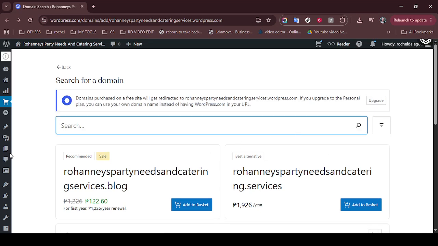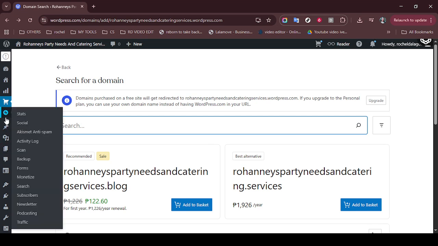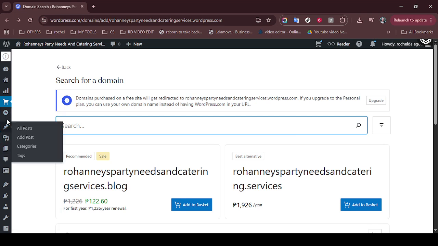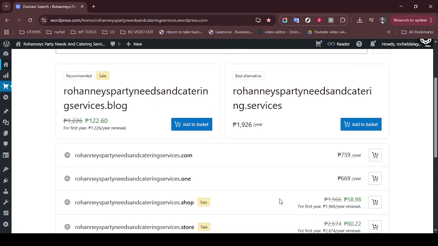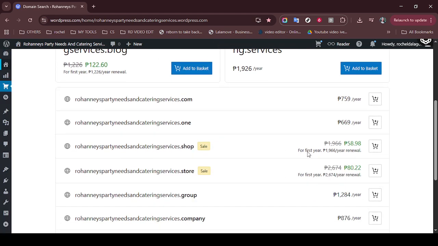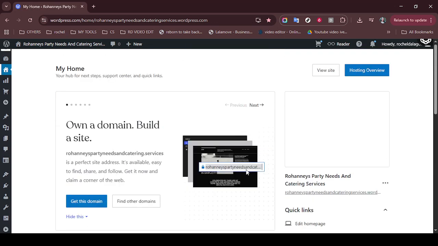Lastly, after you've meticulously configured each gateway to your satisfaction, don't forget to save your settings. This step is vital to ensure all the changes you've made are applied. Scroll down to the bottom of the page and click the Save Changes button. This action finalizes your setup, and you may want to test the checkout process from a customer's perspective to verify